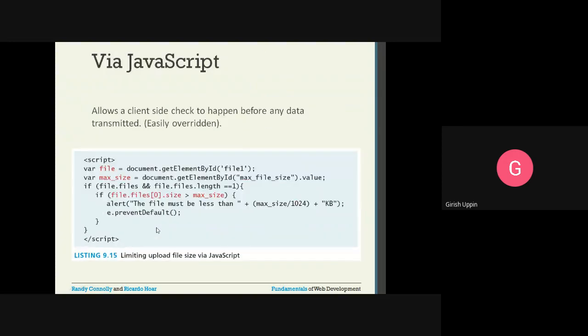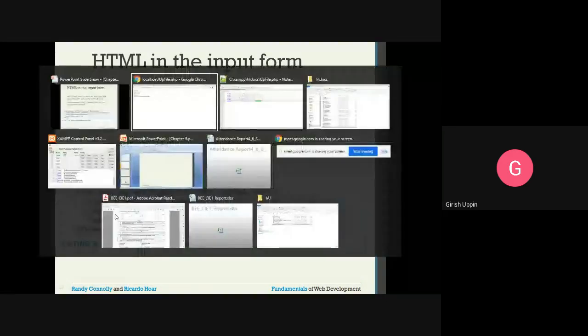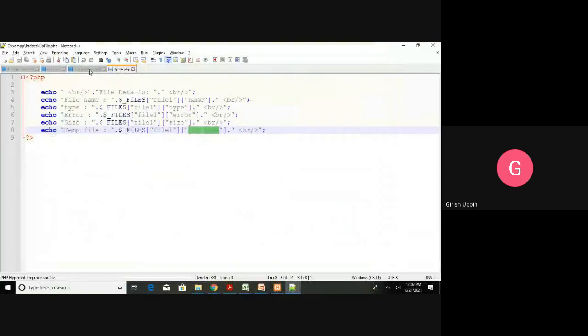Next is JavaScript. If you want, we can try this one first. This won't take much time. I will add it to the HTML. What we have to add is a hidden input.